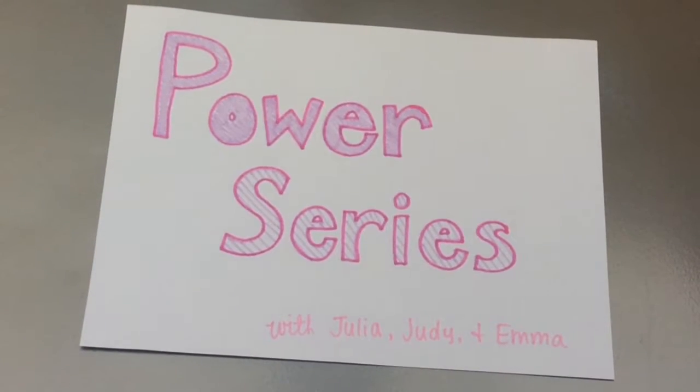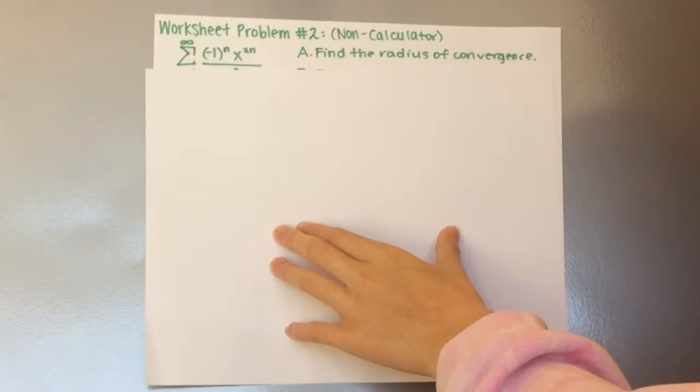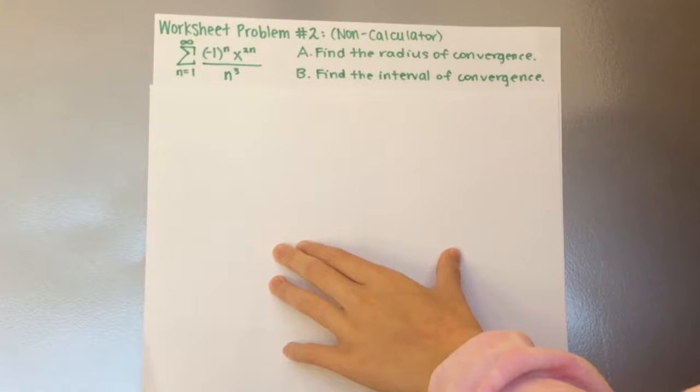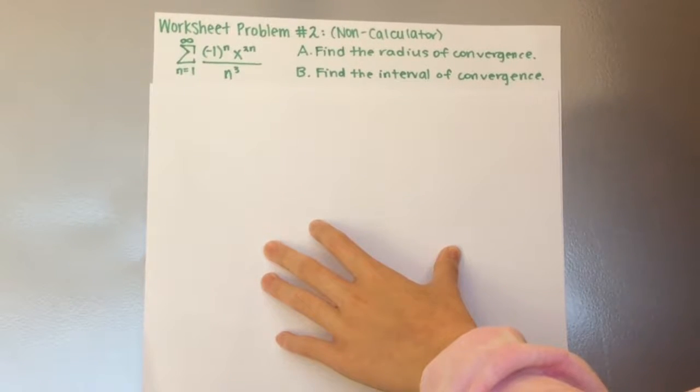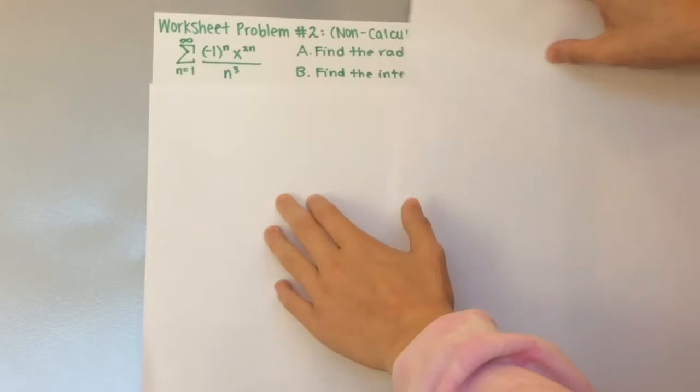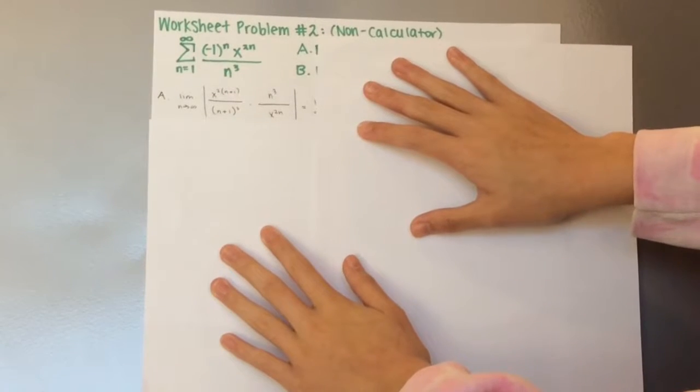This is problem number 2 from our worksheet, and it's non-calculator. So the problem asks to find the radius of convergence and the interval of convergence of this series, which is the sum from n equals 1 to infinity of (-1)^n times x^(2n) all over n cubed. So for part A, we would use the ratio test, and so we would have the limit as n